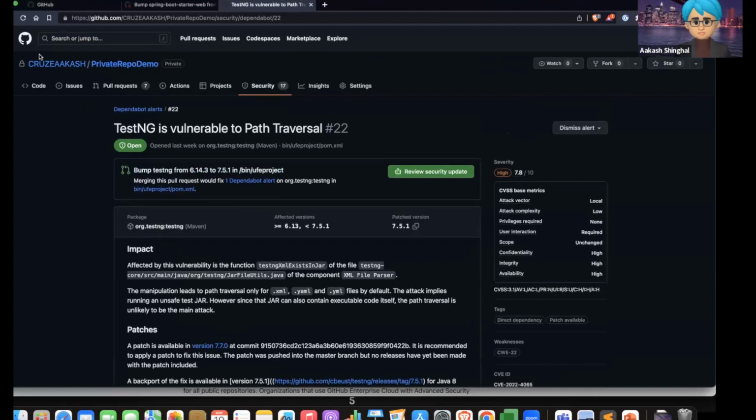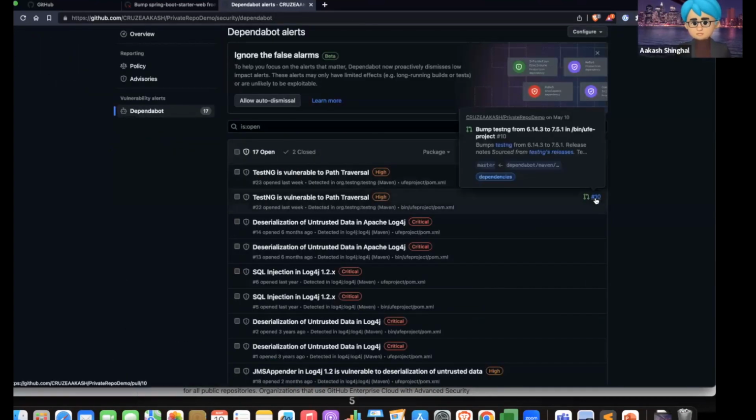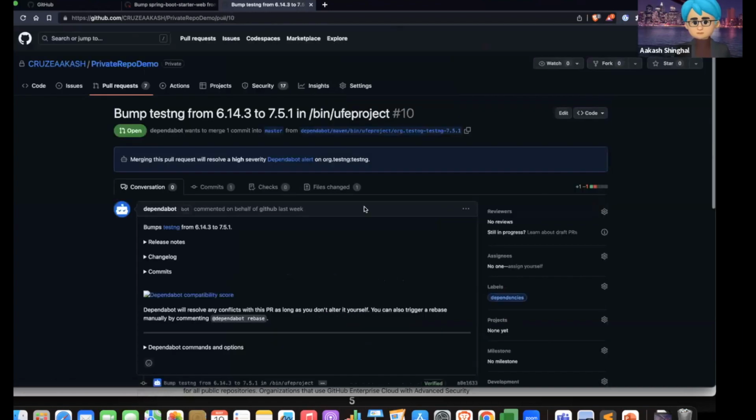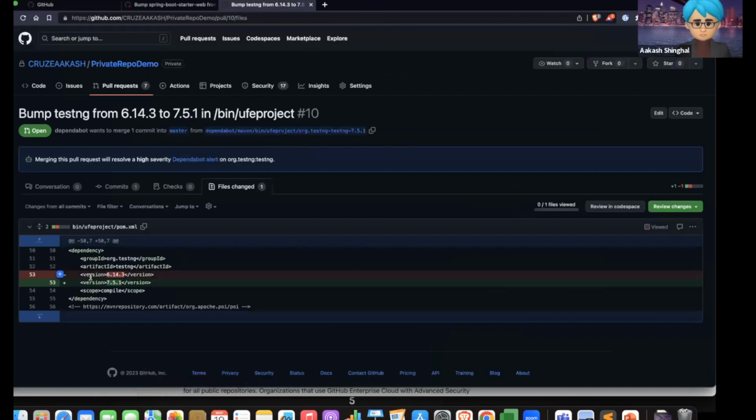Okay, now if I go back, there was a pull request which is present here. So if I click on this particular pull request number 10, you can again see the details on the changes which are suggested by this Dependabot. Also, merging this pull request will resolve one high severity Dependabot alert for this particular package, org.testng. Okay,